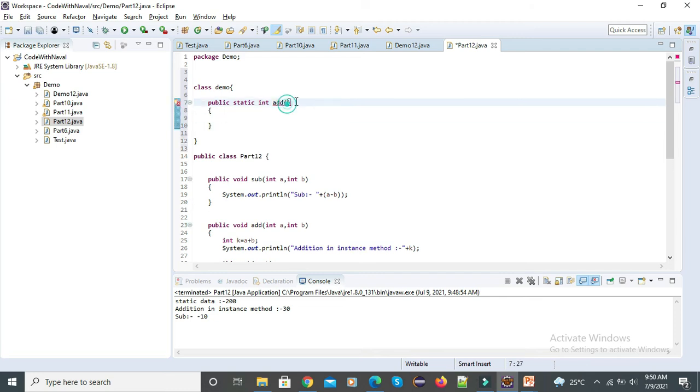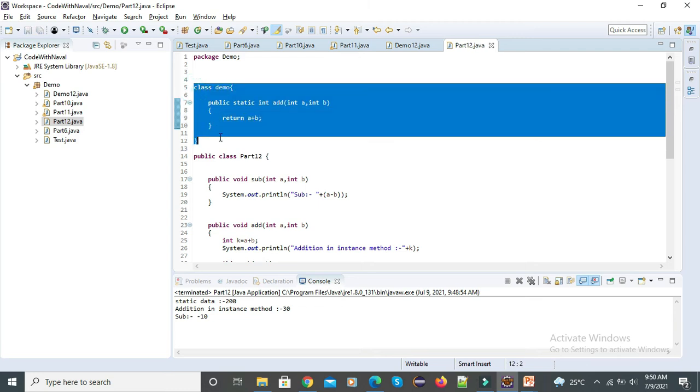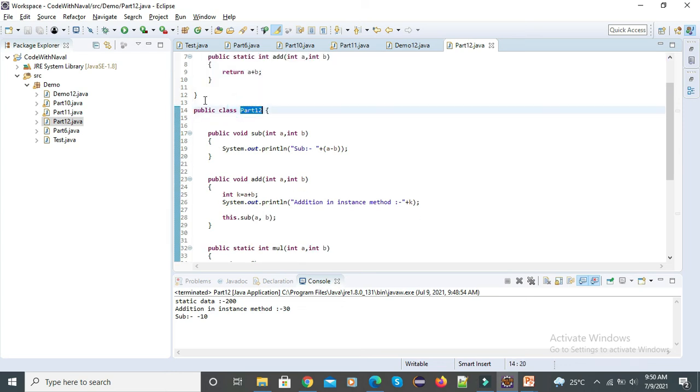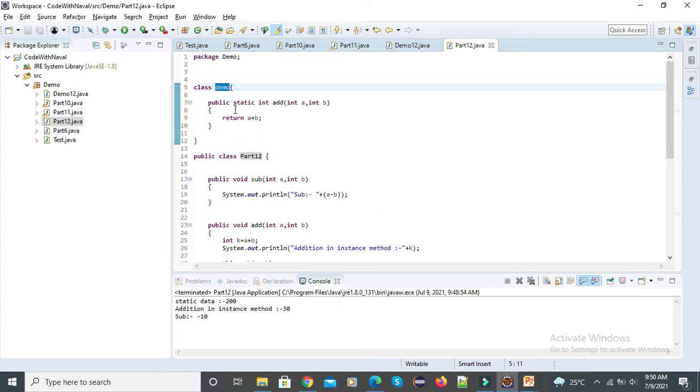Here I need to accept two variables, int a comma int b. Same thing, we need to return a plus b. That's it. Now this demo class is different, and this part 12 class is different. So I need to access this add method that is present inside the demo class.